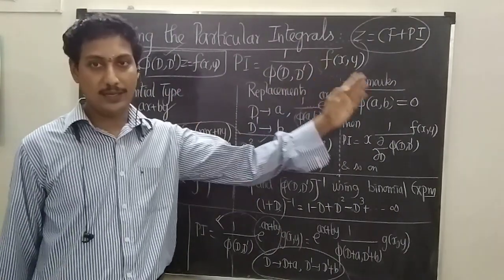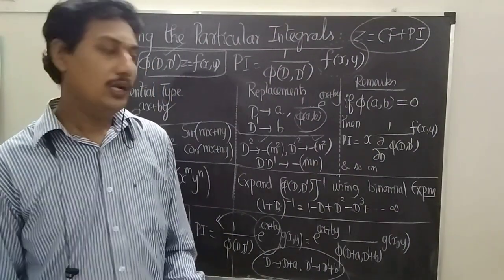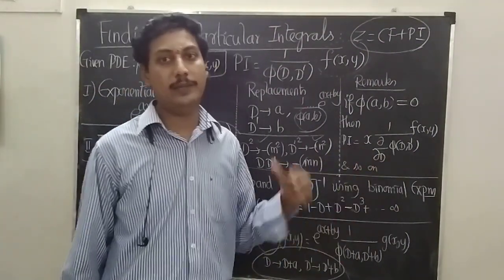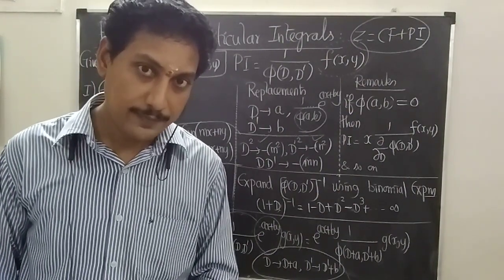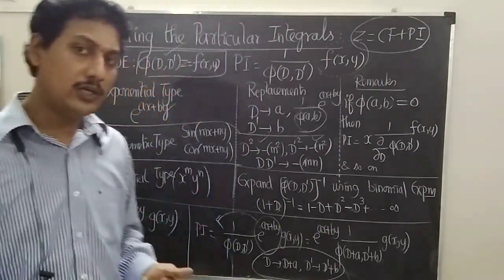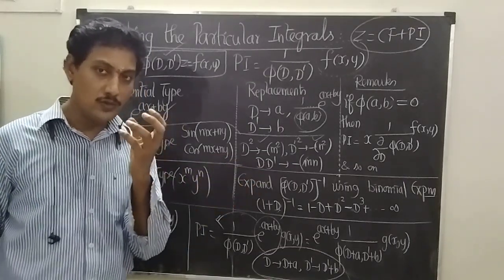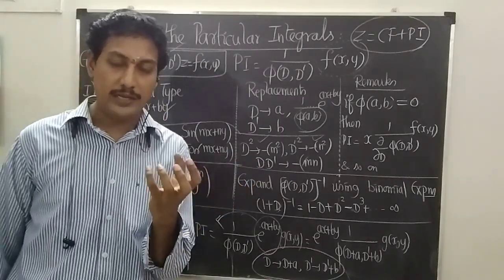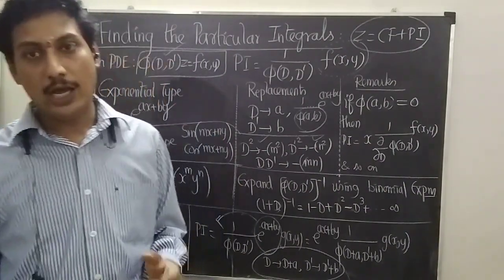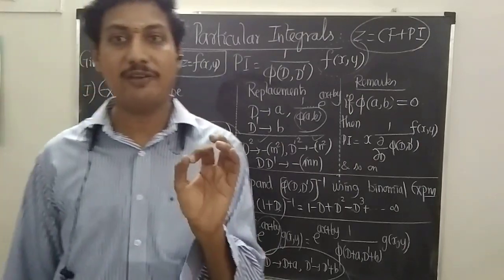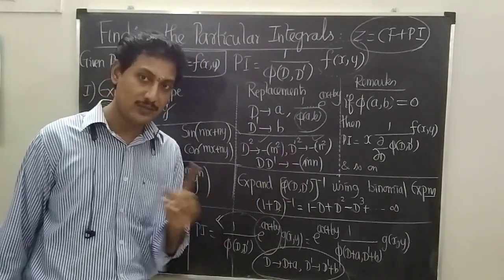Once again, the same idea. If the denominator is not equal to 0, well and good. If it is equal to 0, differentiate with respect to D and multiply by x, then make the replacements again. But this time, for the trigonometric type, the replacement is only for the second order terms. So suppose there are no second order terms in the denominator, let us take the conjugate of the denominator, multiply and divide, to make the denominator a perfect square. Then only we can do these replacements, otherwise it doesn't work.